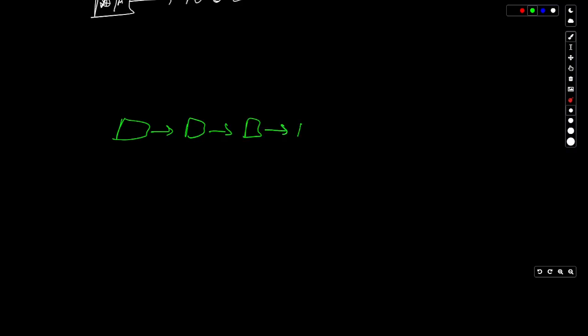Let's say a linked list contains these four nodes, and at the end it has value null. Now we want to add a particular node at this point. This is what we want to add. Since we know our head pointer, through the help of head pointer we can reach over here.